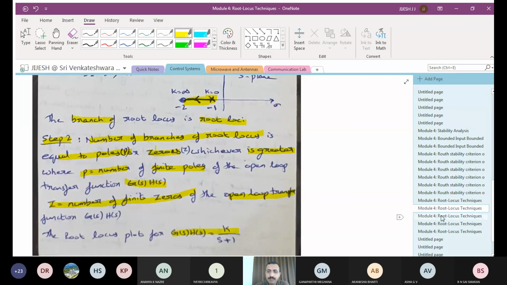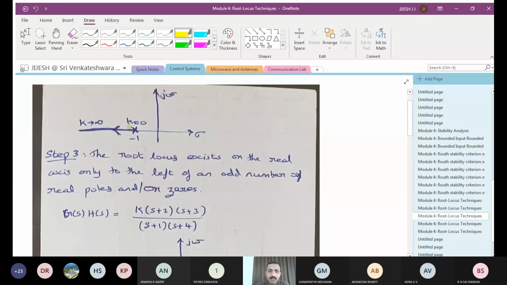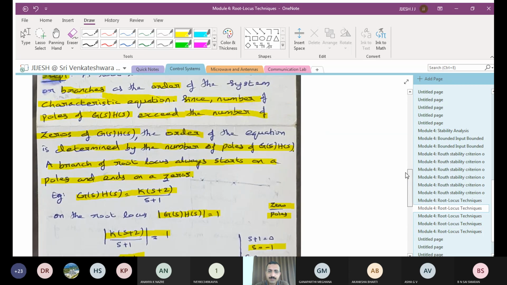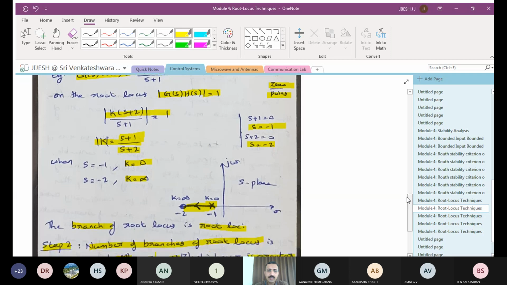In the figure, we mention that at k equal to 0, you get minus 1. So you represent a pole, and you have this direction, which you mention as the root locus loci. Once again, for your understanding, I'll make it clear. We have to find out the poles as well as zeros, and mention them in the s plane. So you have to mention the poles and zeros in the s plane.